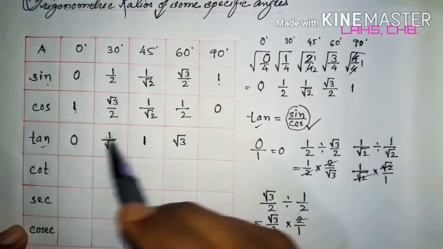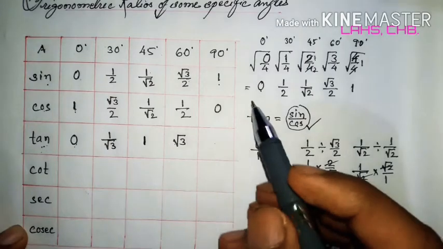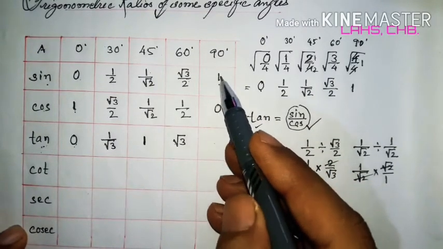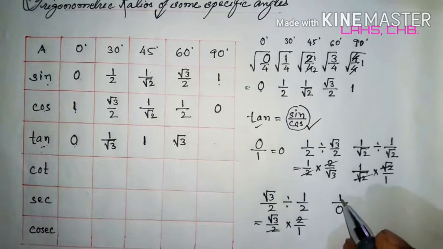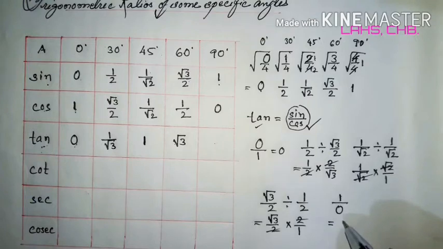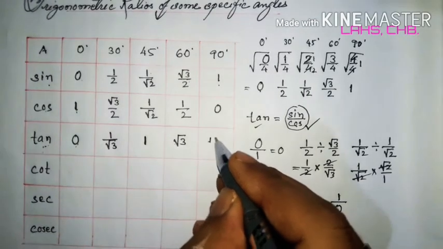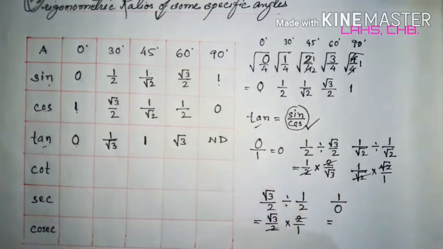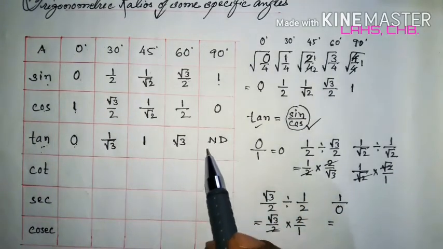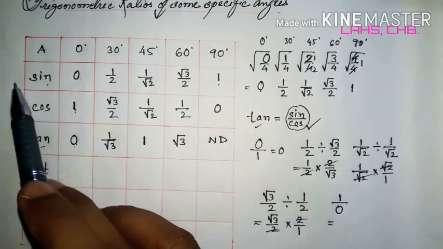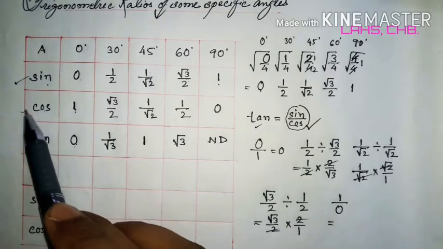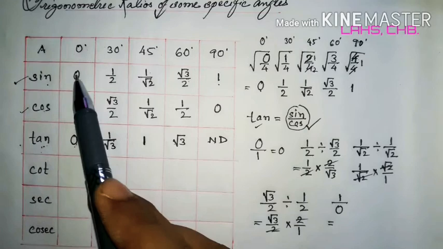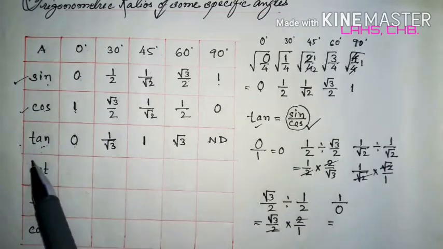Then see, how can we obtain the value of tan 90 degree? Same way, just divide sine value by cos value, 1 divided by 0. Now see, if you are dividing any number by 0, what can you say the answer is? Not defined, undefined. So we'll write here not defined. Now see, till tan we have completed. This is the main thing. You will have to keep in your mind the different values of sine ratio, cos ratio, and tan we can obtain just by dividing sine value by cos value.